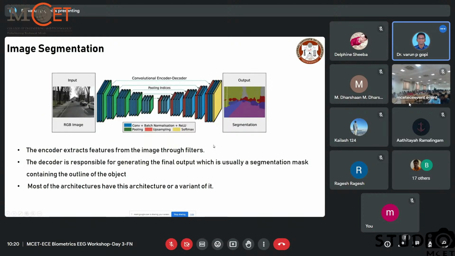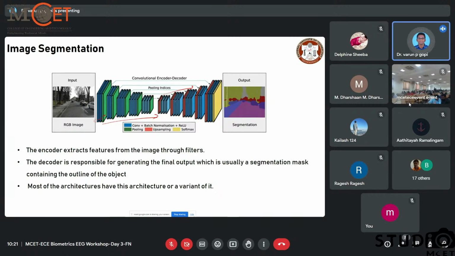So in segmentation, what we do is we will take the convolutional operation followed by batch normalization and ReLU. So this blue representation, green means pooling, and we are doing this operation n number of times so that we are getting abstract object information. Then after that we will do upsampling. Here we are doing downsampling by means of pooling. Here we are upsampling by means of